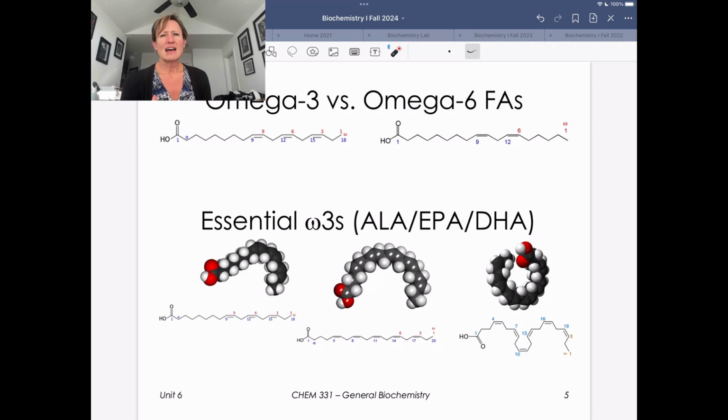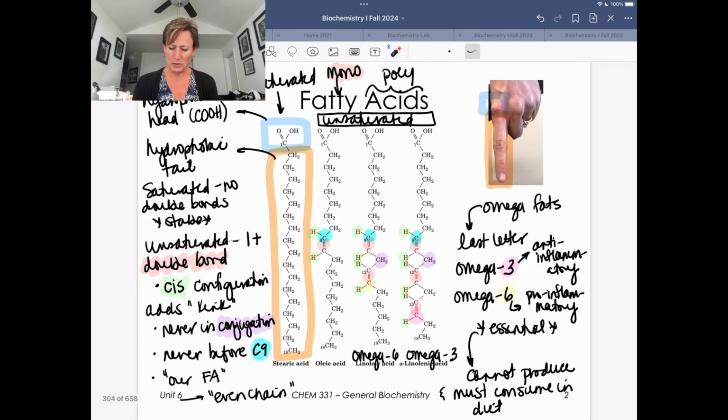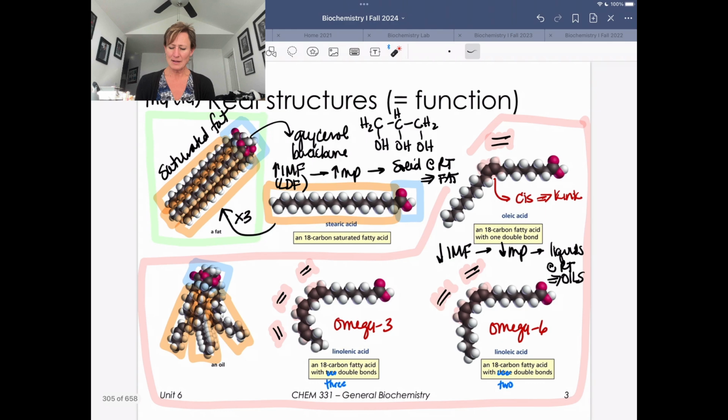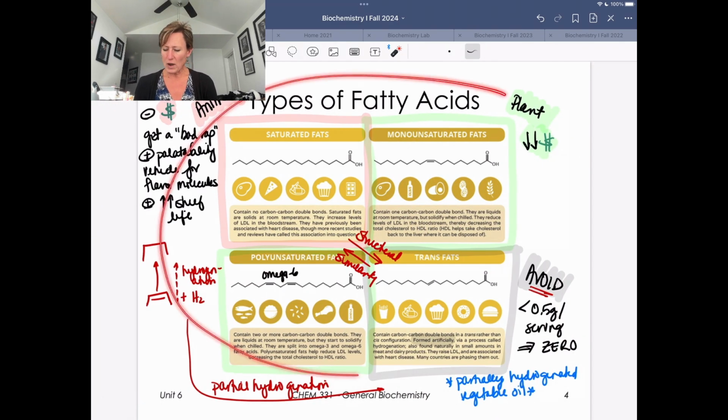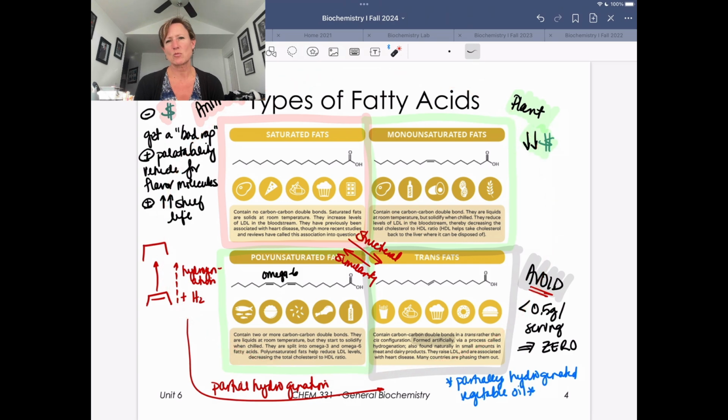So, the last slide here in this video is taking a deep dive into some of our fatty acids. Just reviewing where we've been, we've talked about the different kinds of fatty acids, from saturated to the different types of mono and polyunsaturated fatty acids. We talked about how their structure affords function and whether we call them a fat or an oil when we make them into triglycerides. And then our last slide really talked about where we find these in our dietary world,